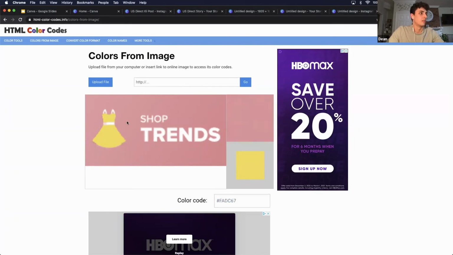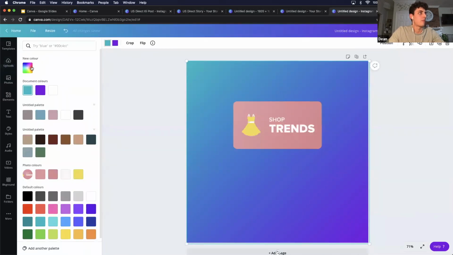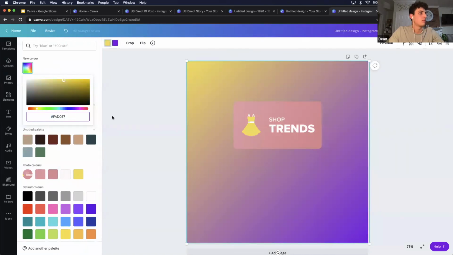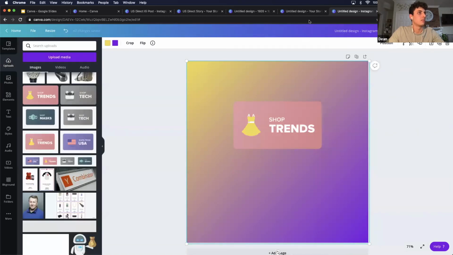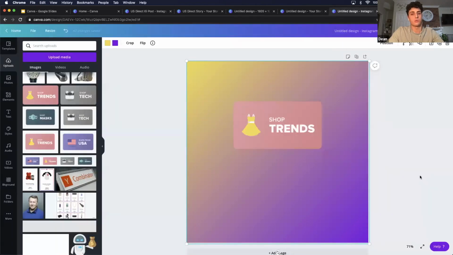So what I did was I just clicked on this yellow, and I get my hex code. So now I'm not guessing. I can always get that yellow, and I could always get this pink that I want. And if you're making a lot of creatives, I'd suggest writing these down. Like I have all the Zendrop color codes written down, so I'm never guessing which purple.